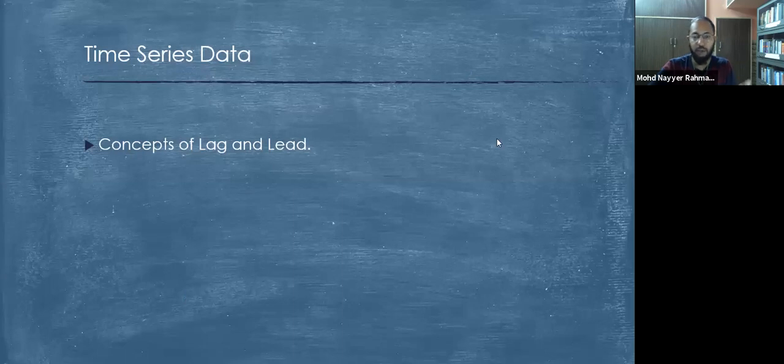So lag means going back. And whenever we go back, for every one back step, we have another back step, and each of the back steps are related to each other. This is what the concept of lag is. And lead is going into the future. This is the lead which we use in forecasting. So lag, going into the past, and lead are very important concepts in time series data.